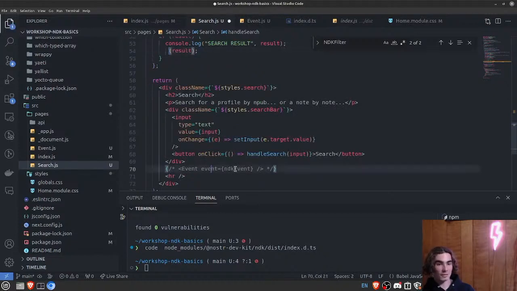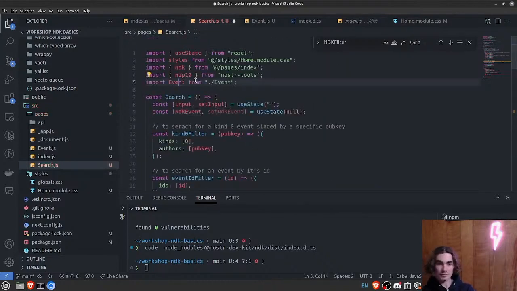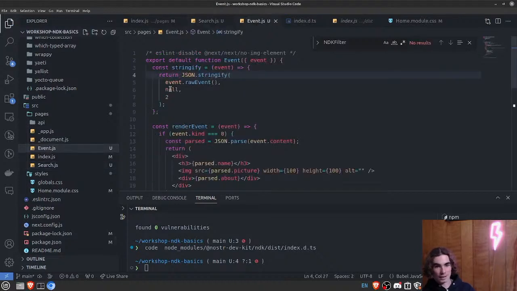And down here, when we render in this event component, we're passing in NDK event. So it's good to keep track of what format of objects you're passing where, and TypeScript helps you do that explicitly. But anyways,